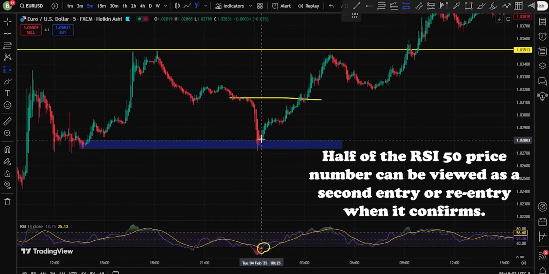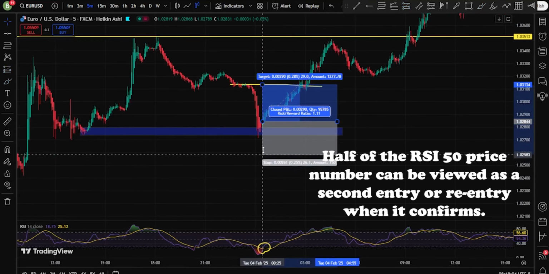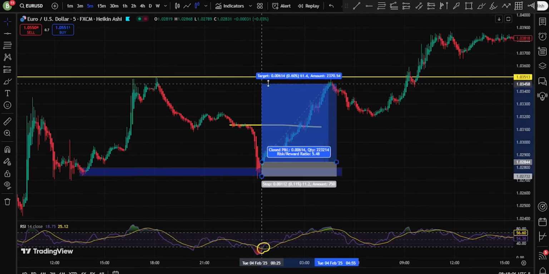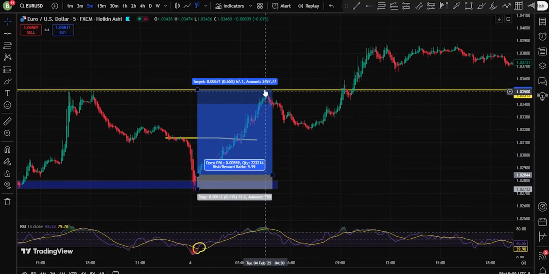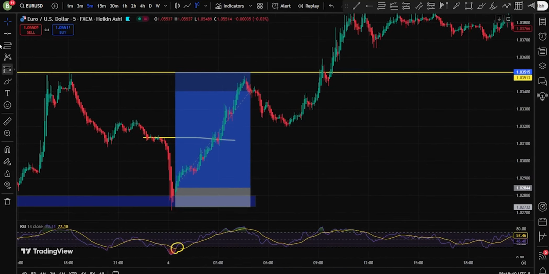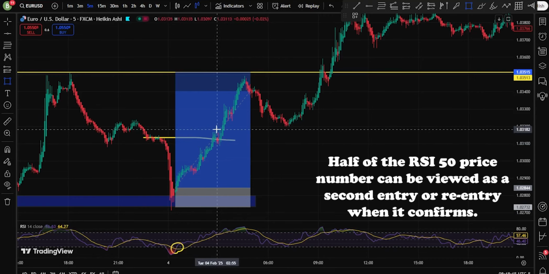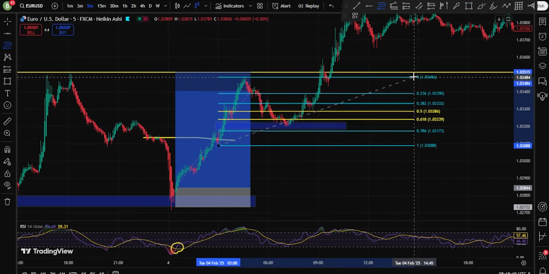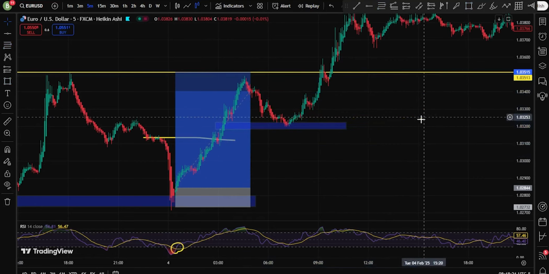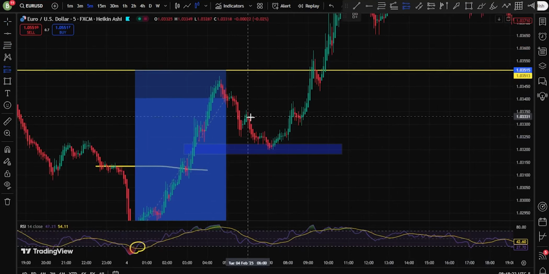4. Entry and exit points. Entry: enter a trade when price retraces to a key Fibonacci level, e.g. 61.8%, Heikin Ashi candles show trend continuation, e.g. a green candle in an uptrend, and RSI confirms momentum, e.g. bouncing off 50. Exit: use trailing stops based on Heikin Ashi candle reversals or take profit at the next Fibonacci